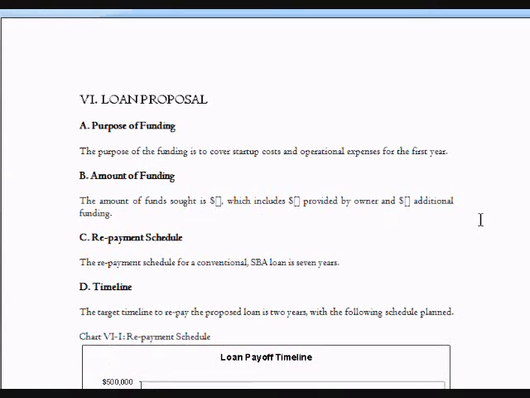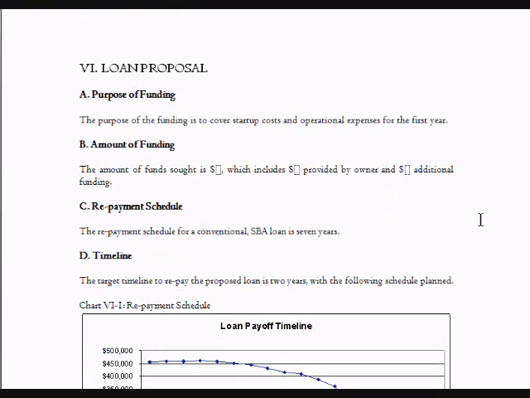The loan proposal is the next section within the financial area of this. And basically, you're talking about what's the purpose of the funding. Are you looking to build out your facility? Are you looking to start a new business? Are you looking to expand into a second location? Just very quickly, easily discuss, why are you looking for money? What is the purpose of it? Again, how much are you looking for? You're looking for so much, including how much you're